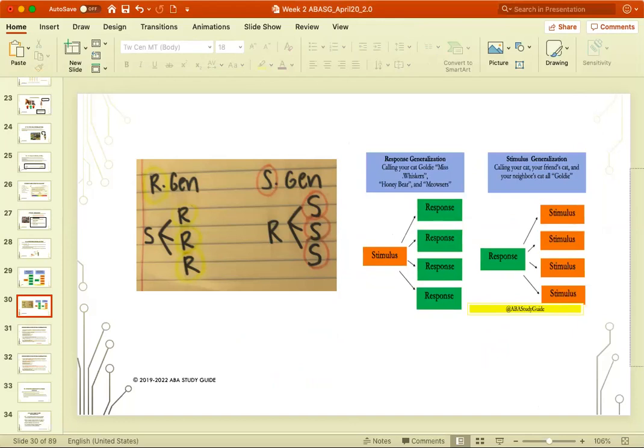Which one would you work on with a person first? That's another good question, Andy. He said, which one would you work on with a person first, stimulus or response? Would it depend on what you're trying to teach them? I'm going to say it is going to depend, but I think you need to work on both at the same time. You would want to make sure that you have an individual who can do many responses in the presence of one stimulus. If I say hello, I want you to respond,